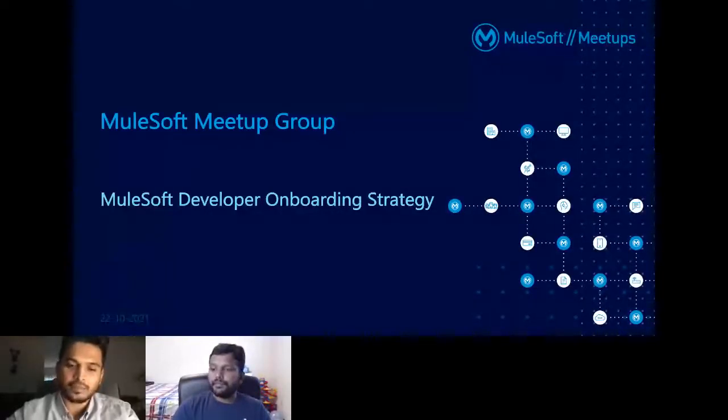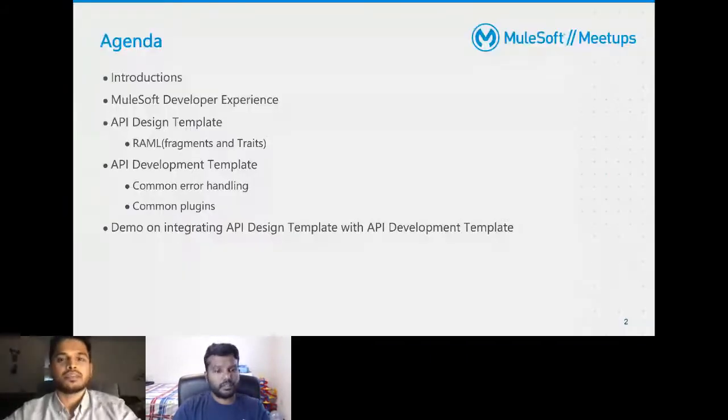So there, a company or an organization can follow a certain strategy for making the developers' work easy when they join the company. So that can be achieved. We'll discuss it in this meetup. So the agenda of this